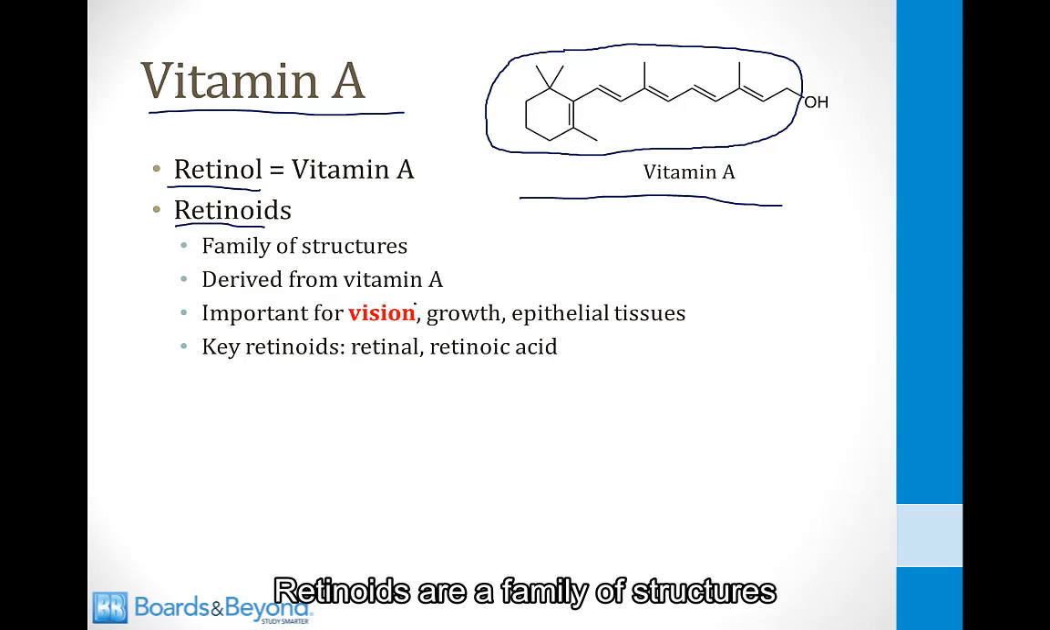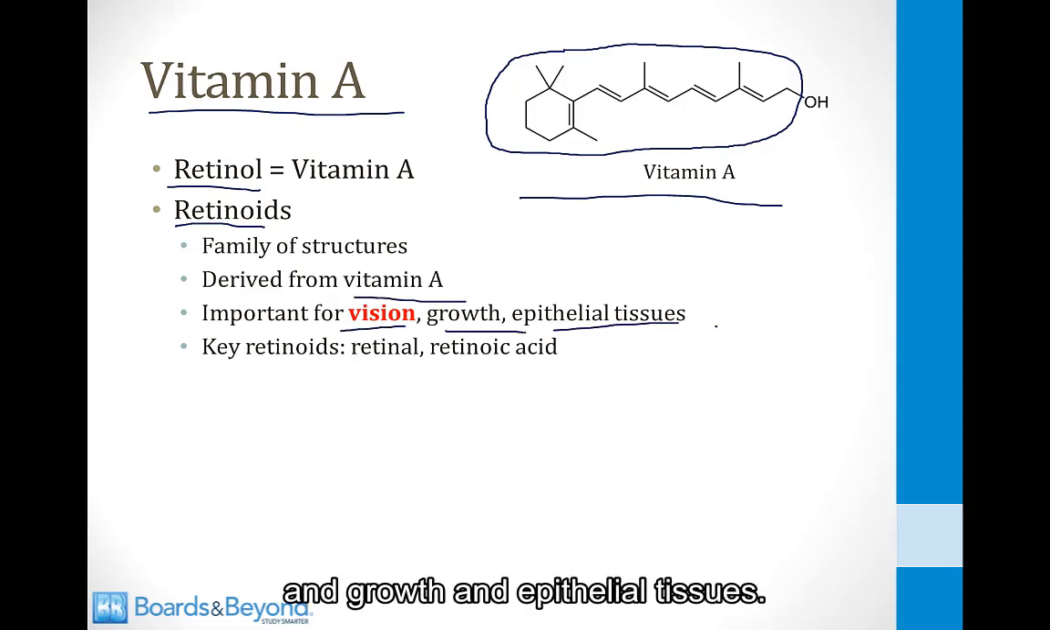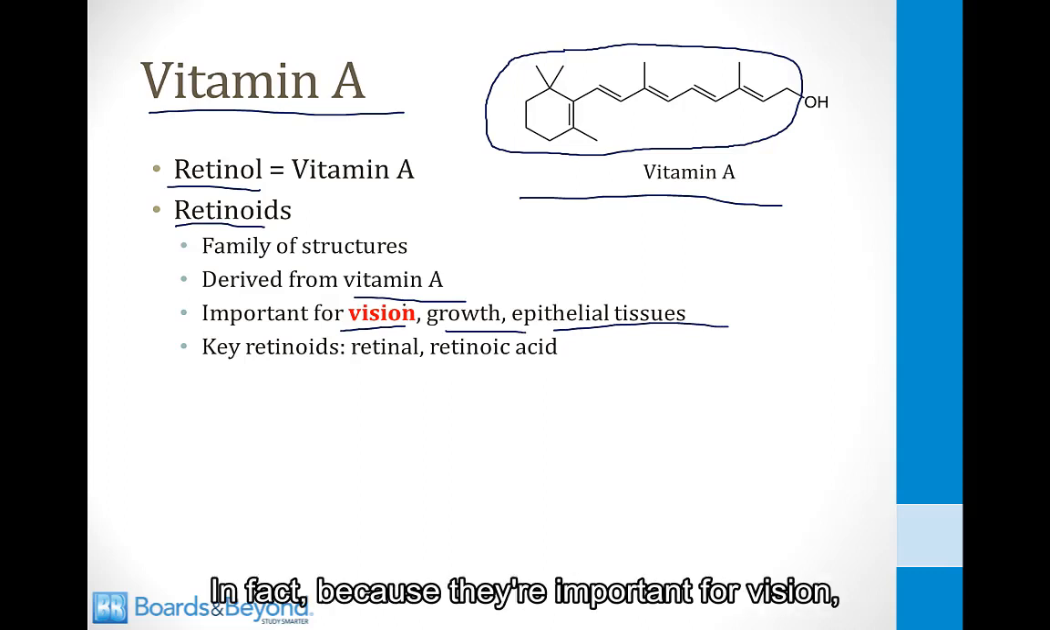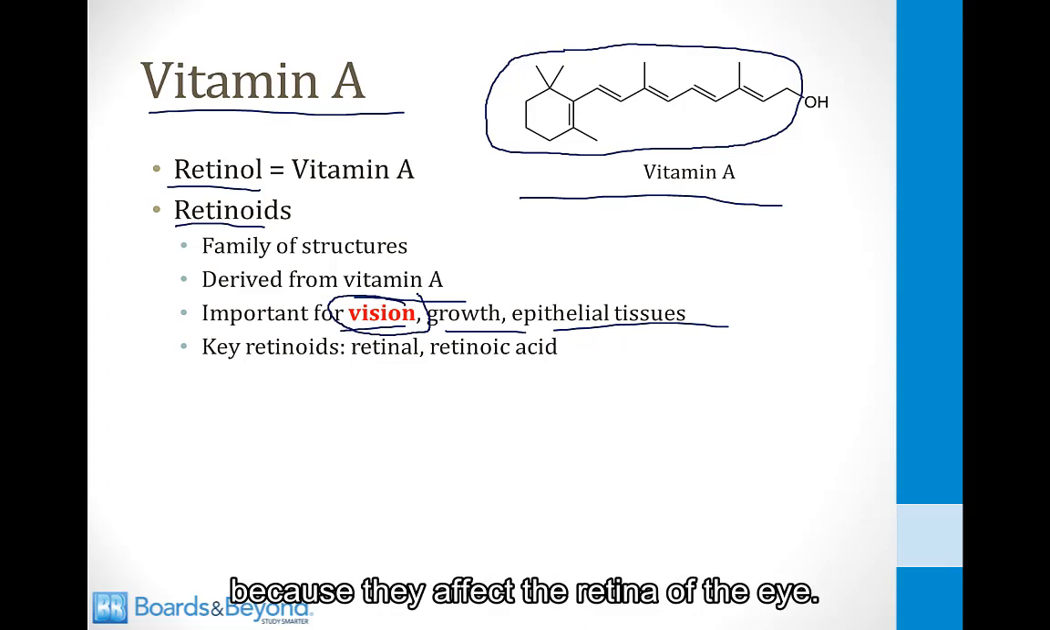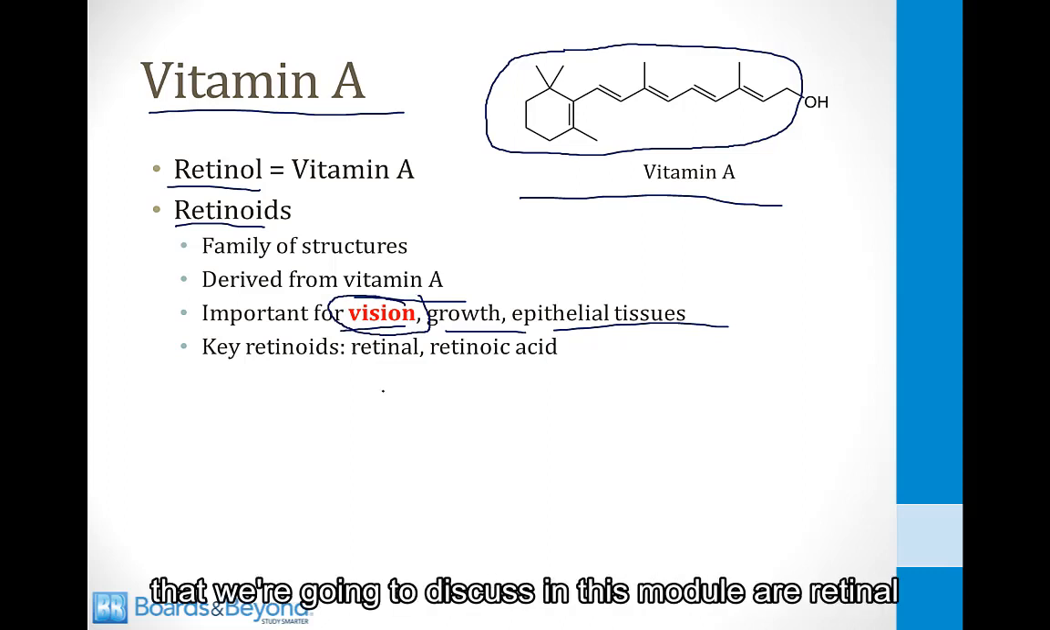Retinoids are a family of structures that are derived from vitamin A, and they are important for vision and growth and epithelial tissues. In fact, because they're important for vision, they are named retinoids because they affect the retina of the eye. And some of the key retinoids that we're going to discuss in this module are retinol and retinoic